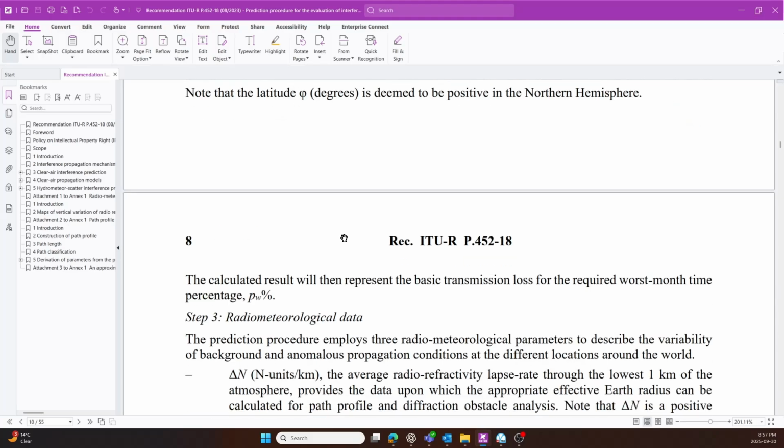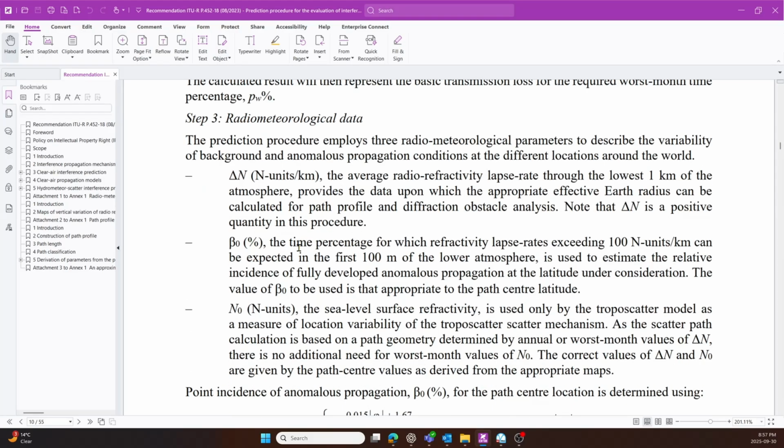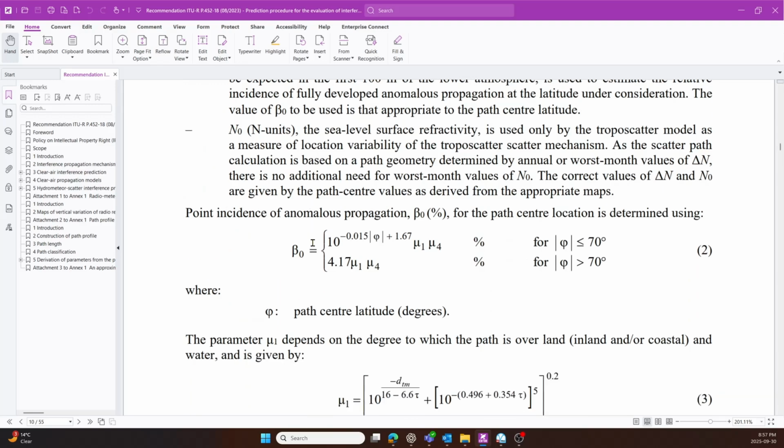So that's what I wanted to talk about here, about this propagation model